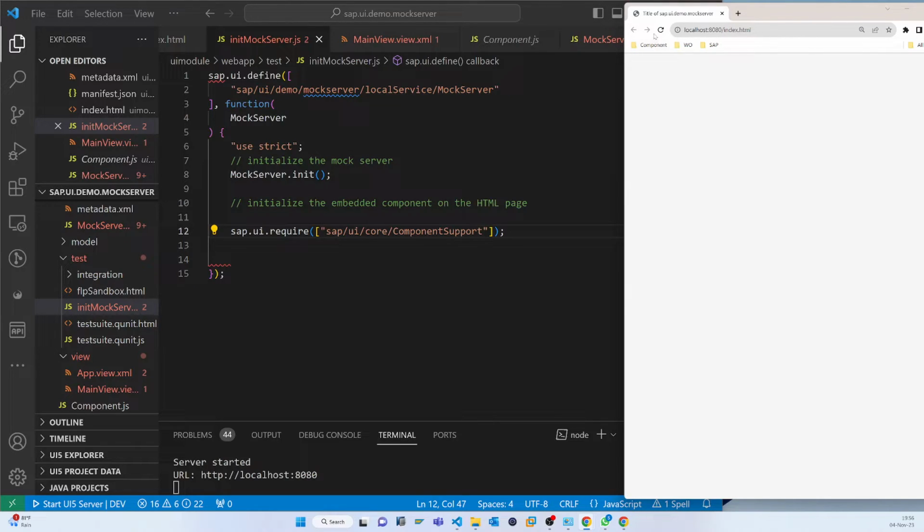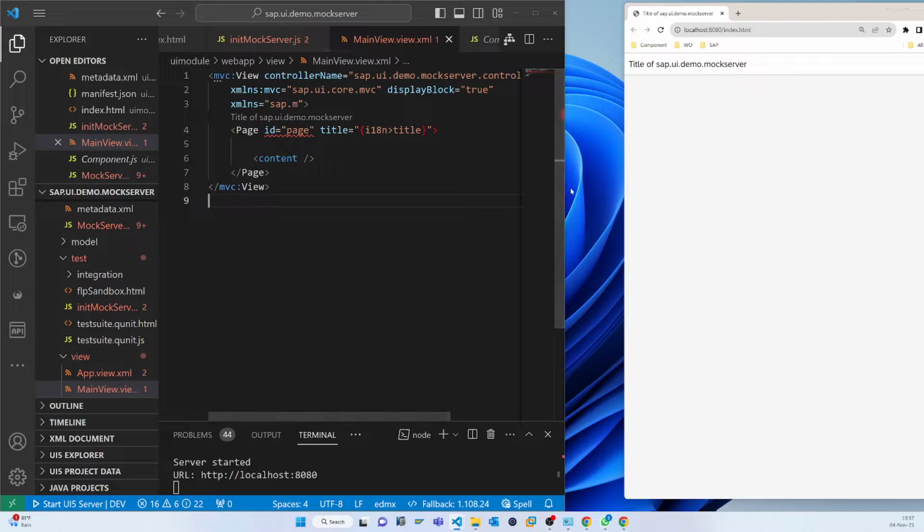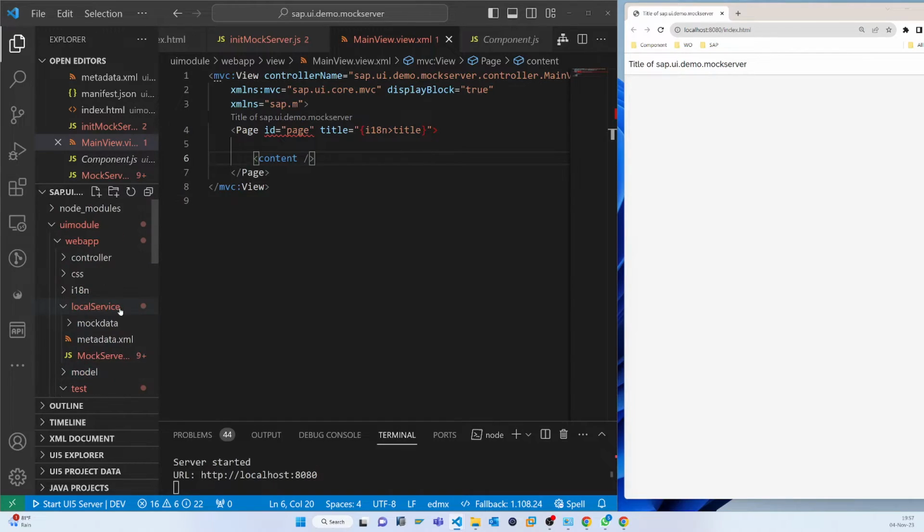So now if we refresh, you can see that everything is coming from the main view. So now here that is the title. So now if we go to the title,